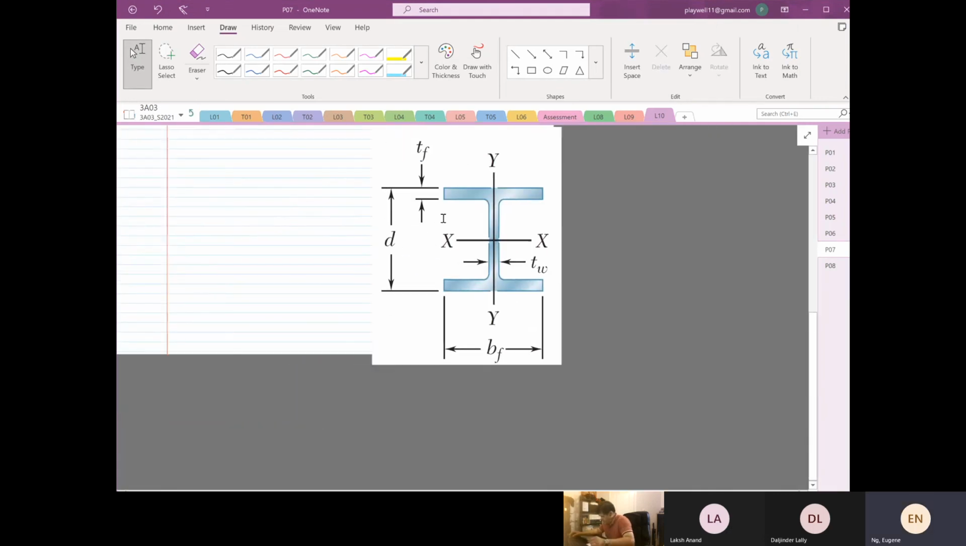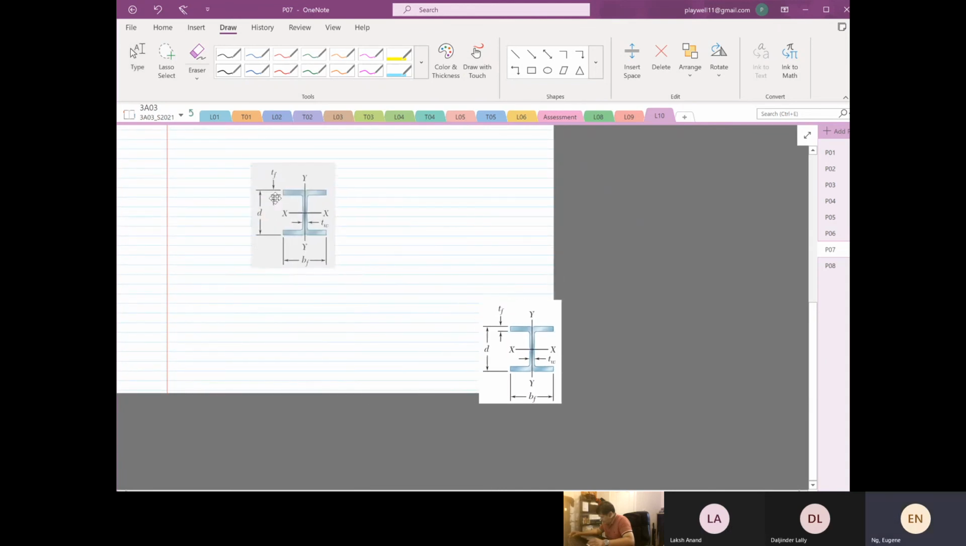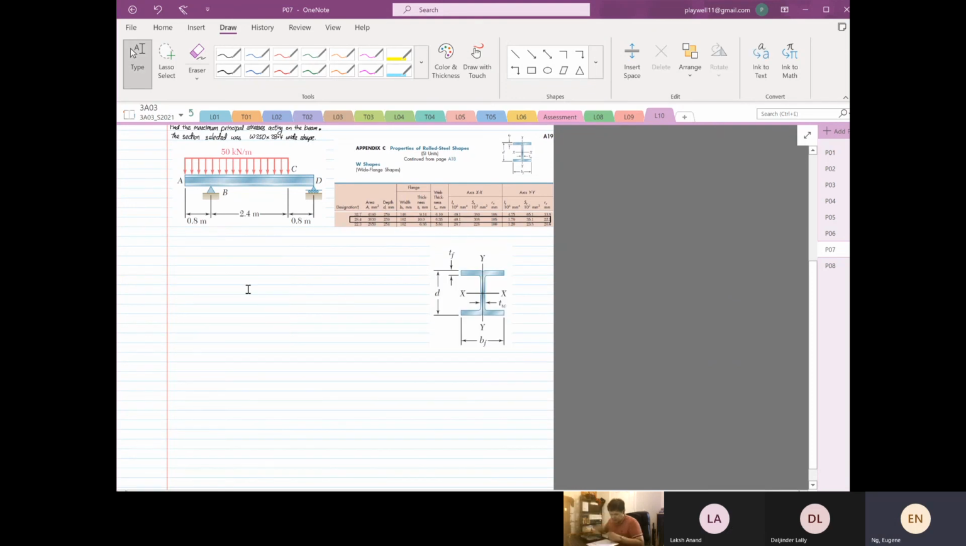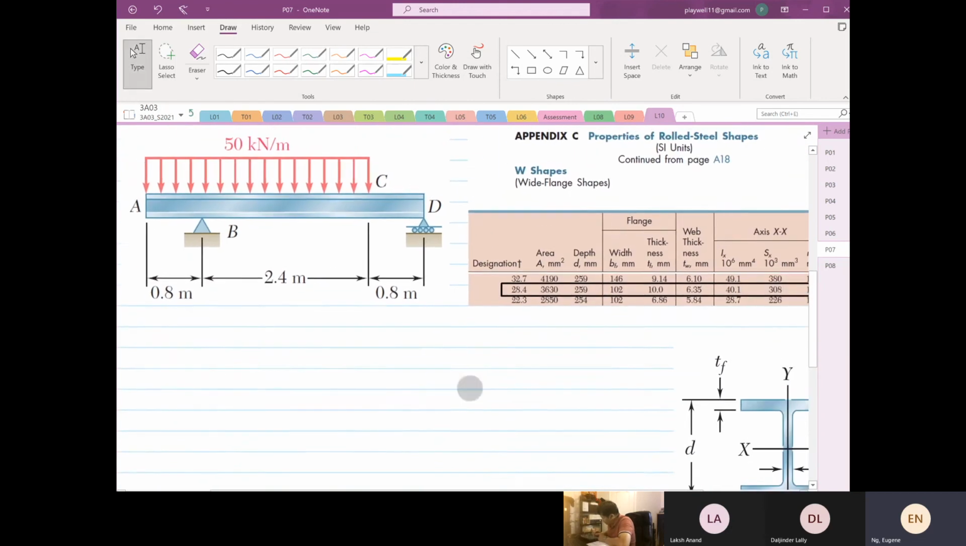So this is our I beam. We know that we are going to have moment, and the moment is only in one direction. So we know that we are going to have a... So if I'm going to follow